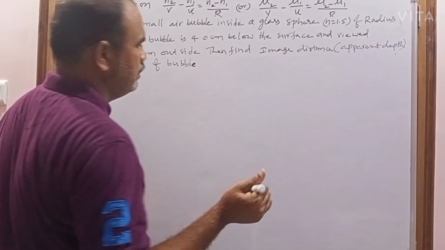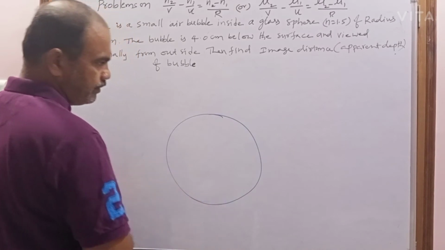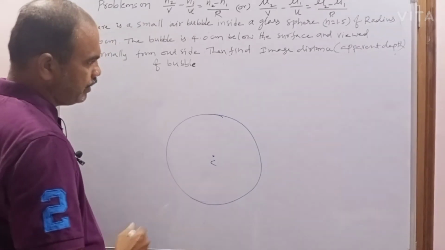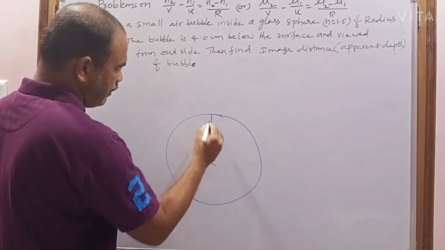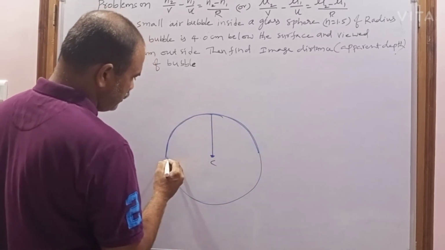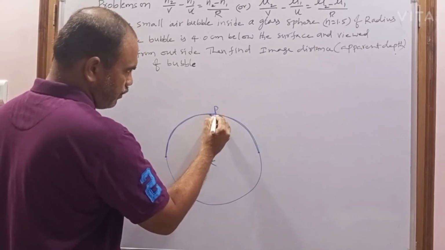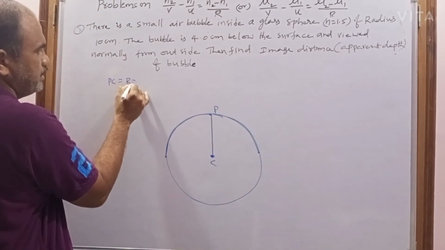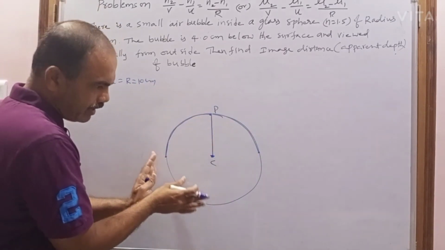So now consider, this is the air bubble, this is a glass sphere. Now imagine this is the center of curvature. Now this is the glass sphere of radius how much? 10 centimeter. Now consider, I am taking this curved surface, remember. So if I take this curved surface, now the midpoint can be taken as the pole. So from pole to center can be called as what? Radius of curvature. So P to C can be called the radius of curvature, that is how much? 10 centimeter.